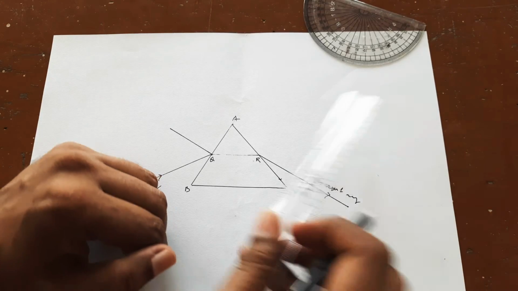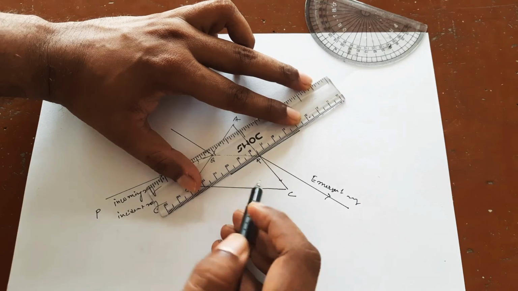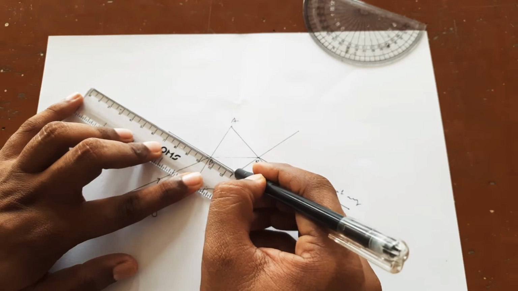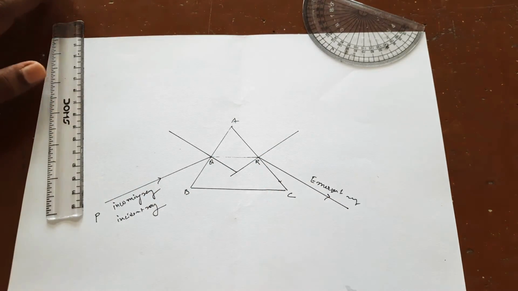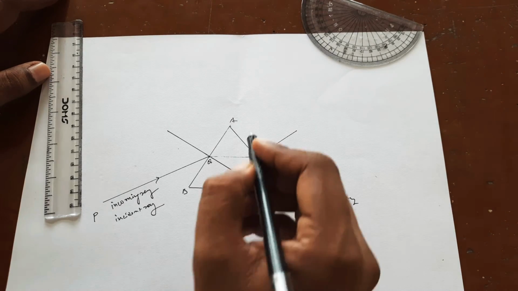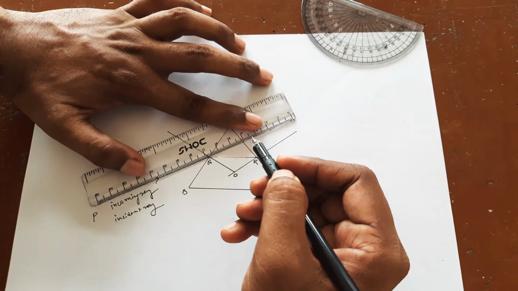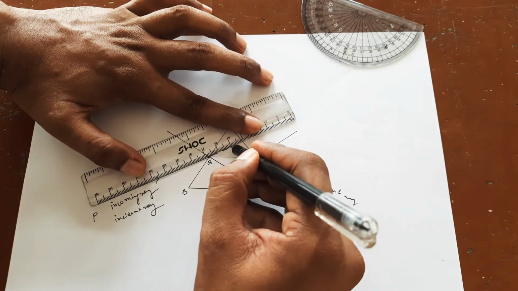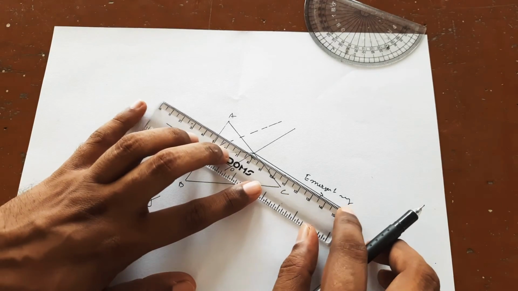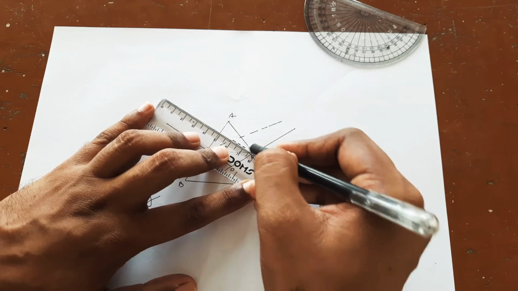Now again at this point R we draw a normal, and at this point another normal is drawn. Both the normals cut at the point O. Now this is the incident ray direction, that is the original direction of the ray, and this is the emergent ray direction, the final direction of the ray after the introduction of the